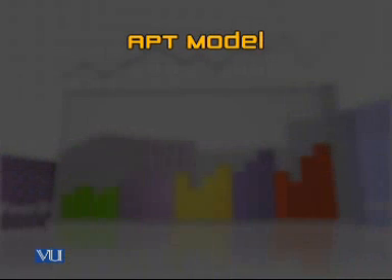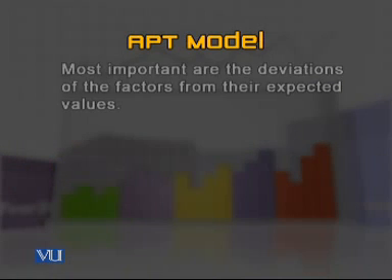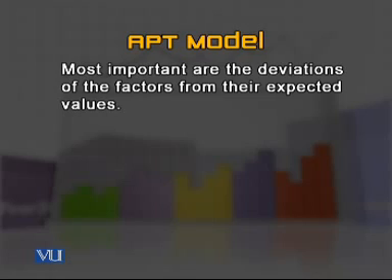Suddenly it is incurred that there are other issues in the arbitrage pricing model, which can be better understood if you look at the most important of them, the deviations. The deviations of the factors from the expected values. Because we're talking about expectations, we're talking about the future, there can be deviations from the mean, there can be deviations from expected values, and we talked about how the actual returns are always different than expected values.